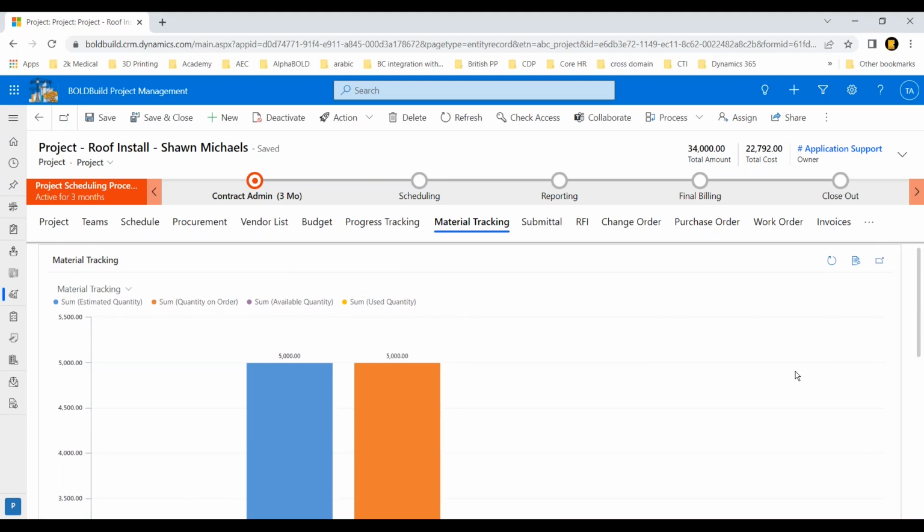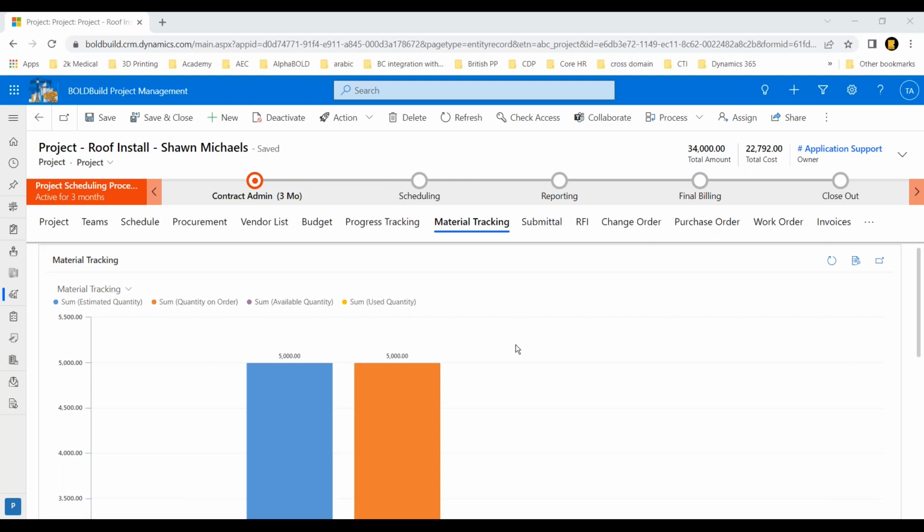So again, this is just for the sake of demo, but since I'm done with the task, I should have used all of them. But based on this, you can have the receipts. You remember I took those photos, and you can use that for your bill that you generate for the customer and the invoice that you would receive from your material provider as well. So that is what I wanted to cover on the project execution side of things.